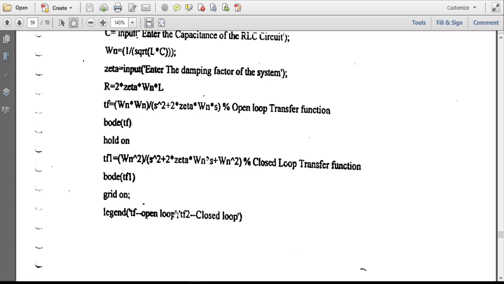What is the first graph and what is the second graph is written here, and whatever you write inside the code will be printed there. So here TF is open loop, and TF2 is the closed loop. So for the first graph it will denote it as open loop, and the second it will denote as closed loop. So let us go to MATLAB and check for ourselves.